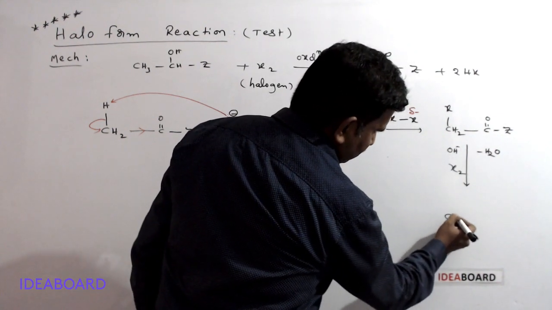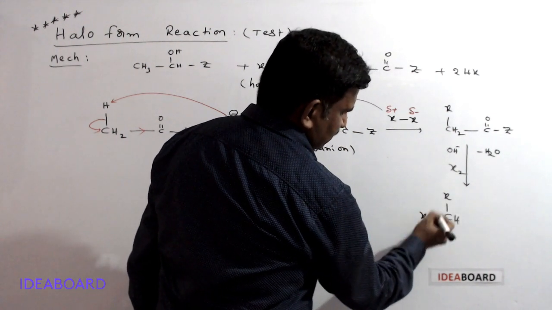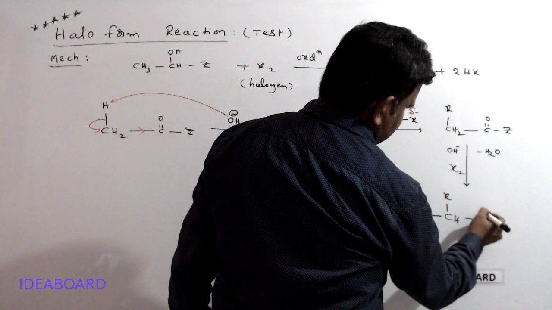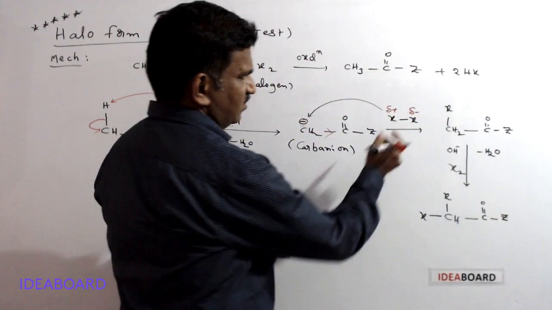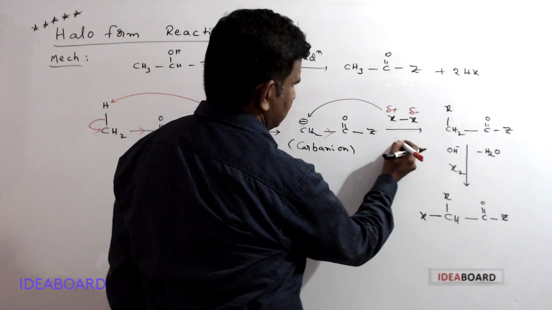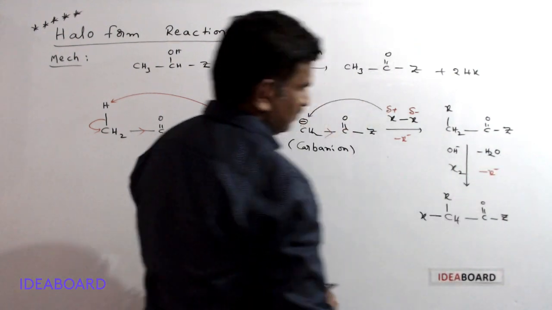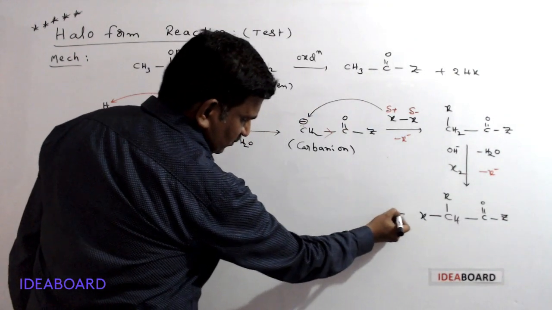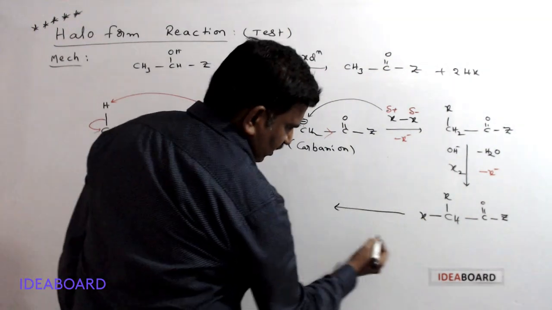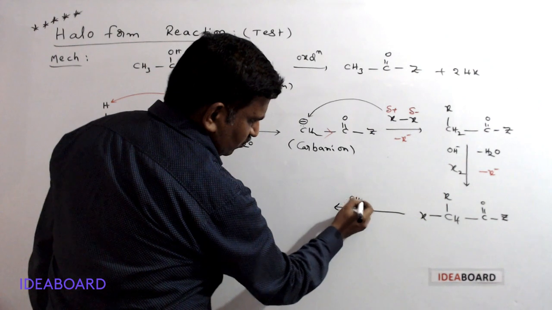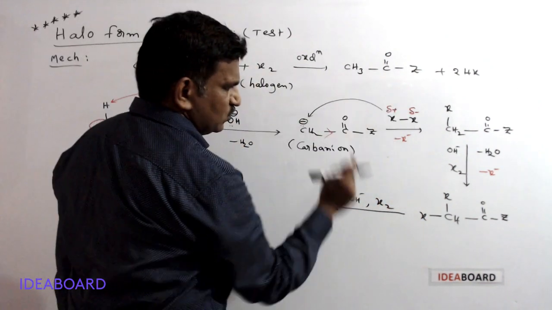So what is the next process? CH2X and X is formed and here C double bond O Z is present. Okay, here you can write X minus is removed, meaning the remaining is X minus. Here also the remaining is X minus. And the next step is also the same, because we have one more hydrogen. So what are we taking? OH minus and X2 we are adding.